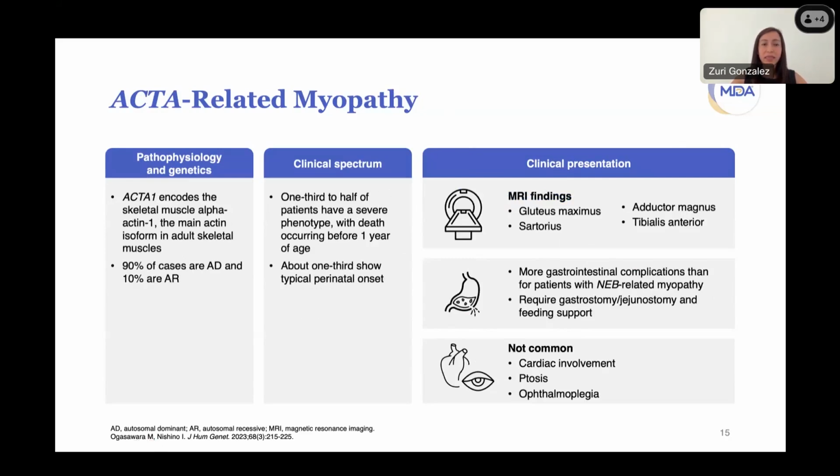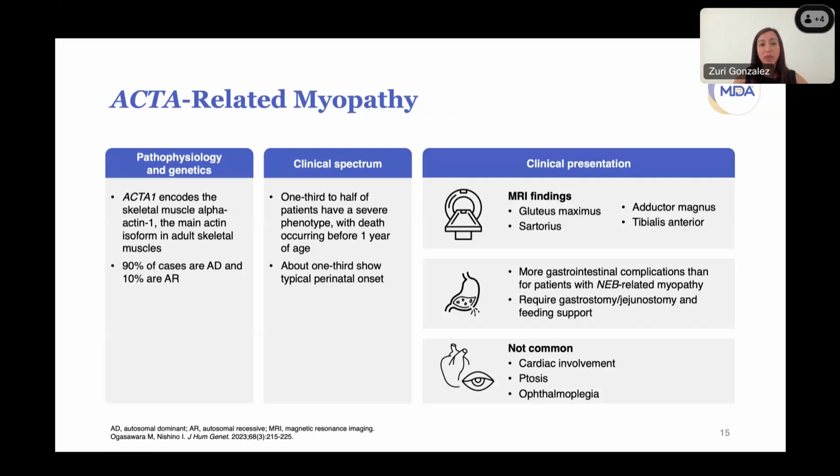ACTA1-related myopathy is the other causative gene for nemaline myopathies. This gene encodes the skeletal muscle alpha-actin-1, which is the main actin isoform in the adult skeletal muscle. Up to 90% of the cases are going to be due to dominant variants and 10% to recessive variants. It presents very similar to nebulin-related myopathy, and the main